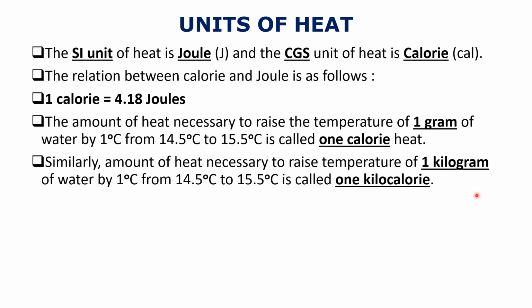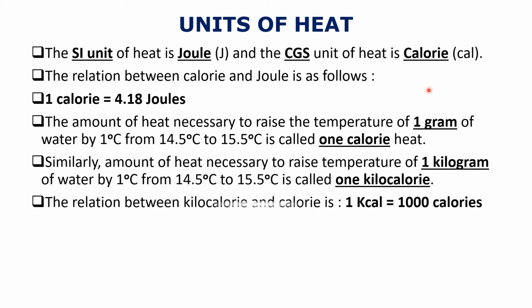So what is the difference here? Here it was 1 gram. Both the definitions are the same. They look the same. The only thing you have to change is, for 1 calorie you will write 1 gram, and for 1 kilocalorie you will write 1 kilogram. So 1 calorie, 1 gram; 1 kilocalorie, 1 kilogram. I hope it is clear how to remember. Otherwise, both the definitions are the same.